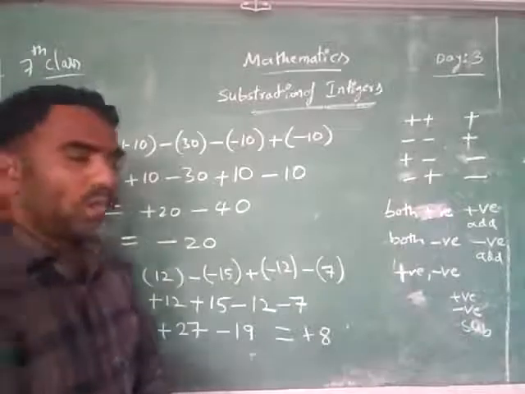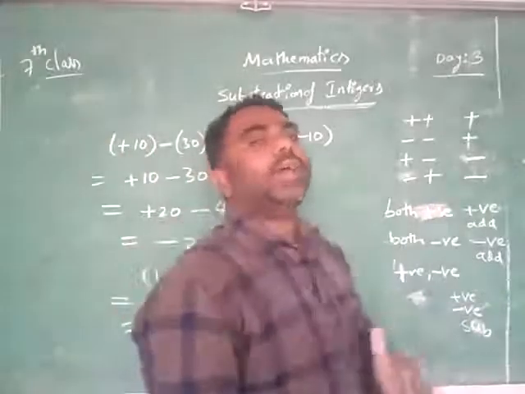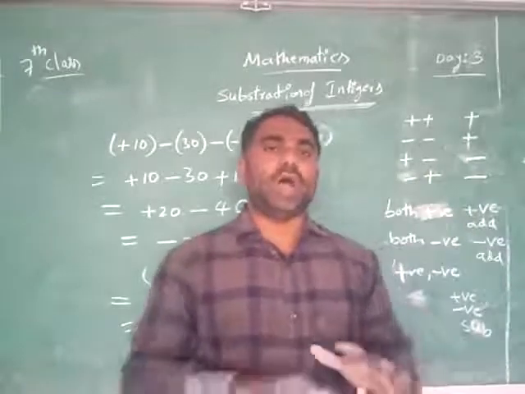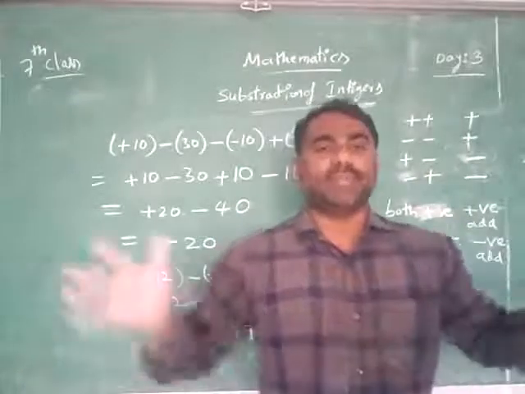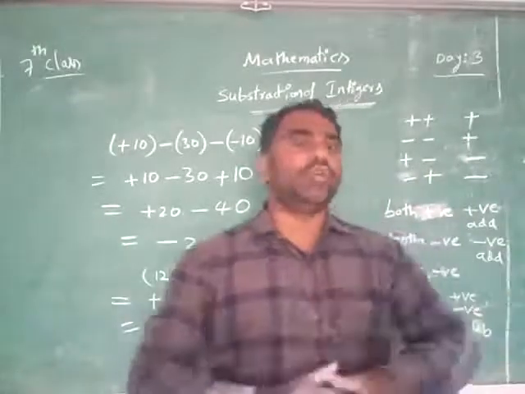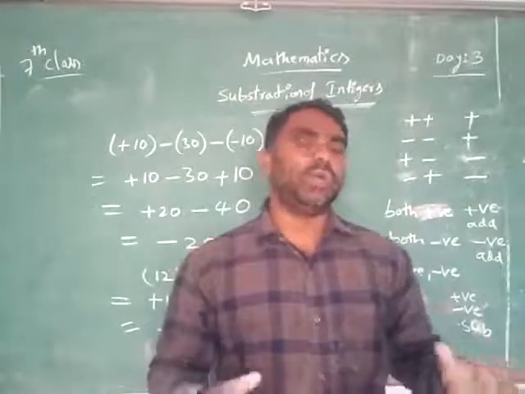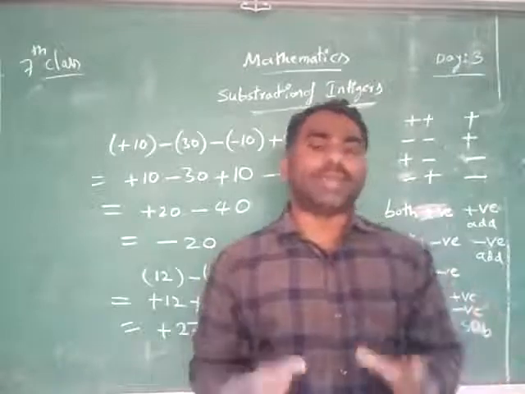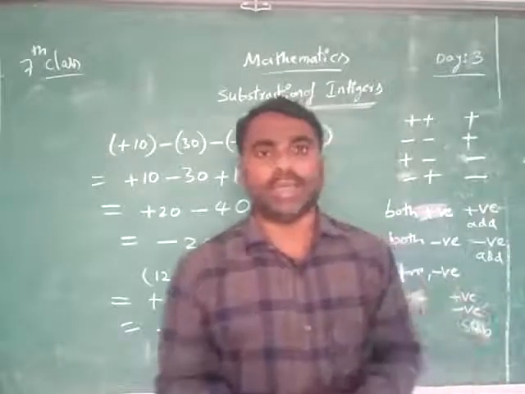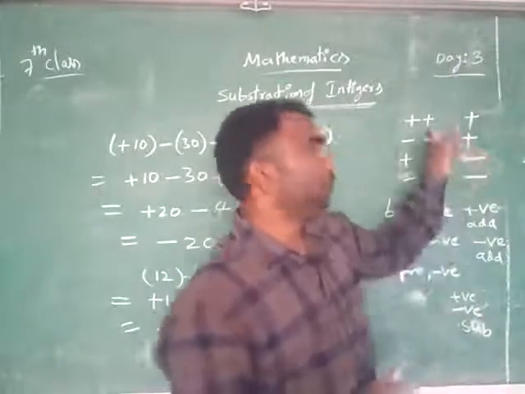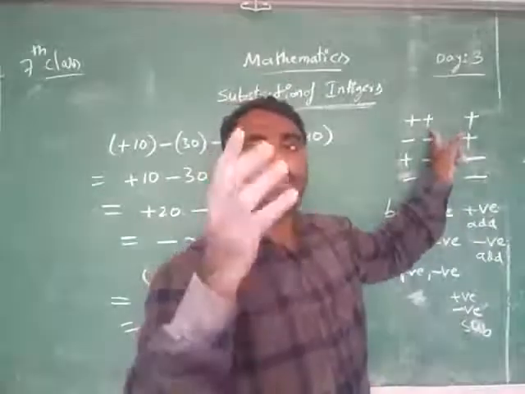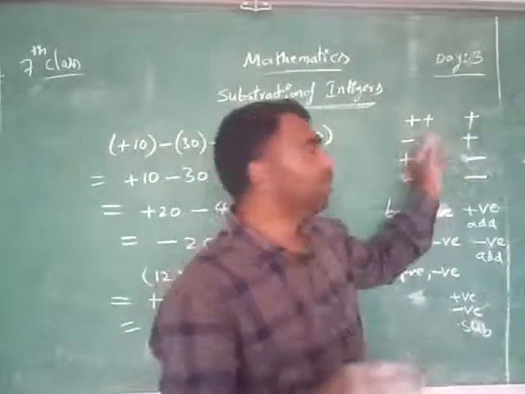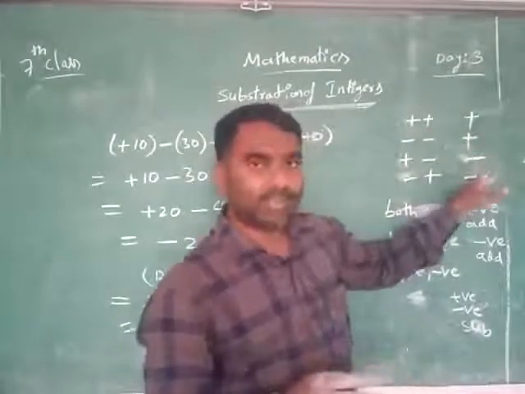So from now, what do you understand? When there is no addition and subtraction, all together we will call that simplification. How do you do the simplification? We will remove the brackets. If there is no bracket, no problem. If brackets are there, we will remove them using this system. When we have a single symbol, we can write it directly. When we have two symbols side by side, we will change the symbols like this.